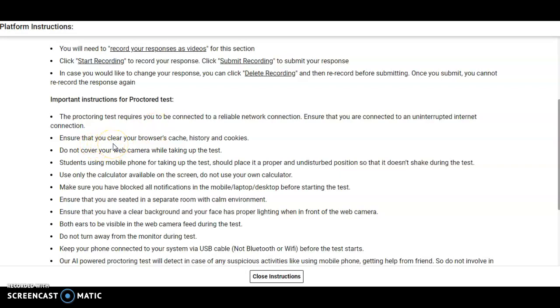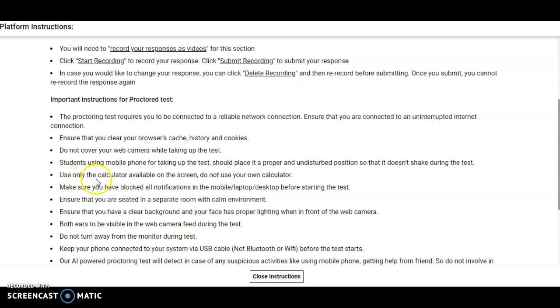Ensure that you clear your browser cache, history and cookies. Do not cover your web camera while taking up the test. Students using a mobile phone for taking up the test should place it in a proper and undisturbed position so that it does not shake during the test.